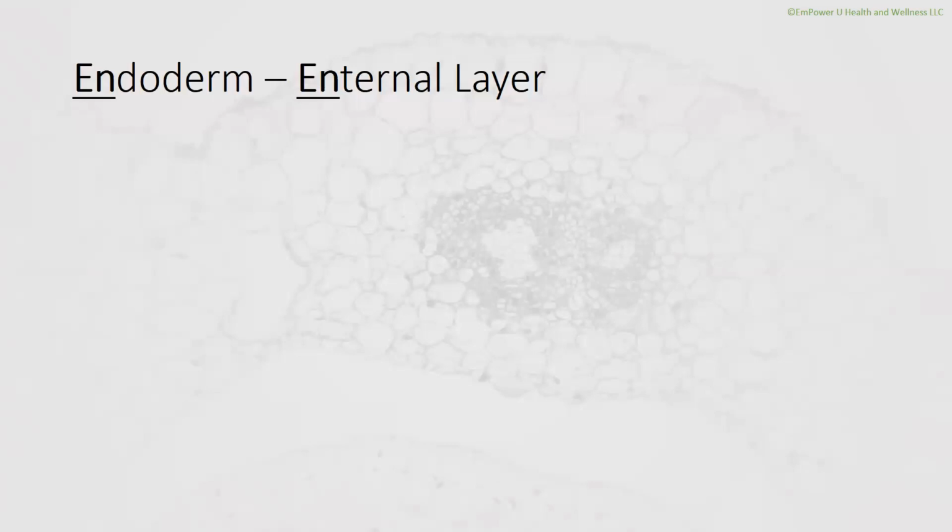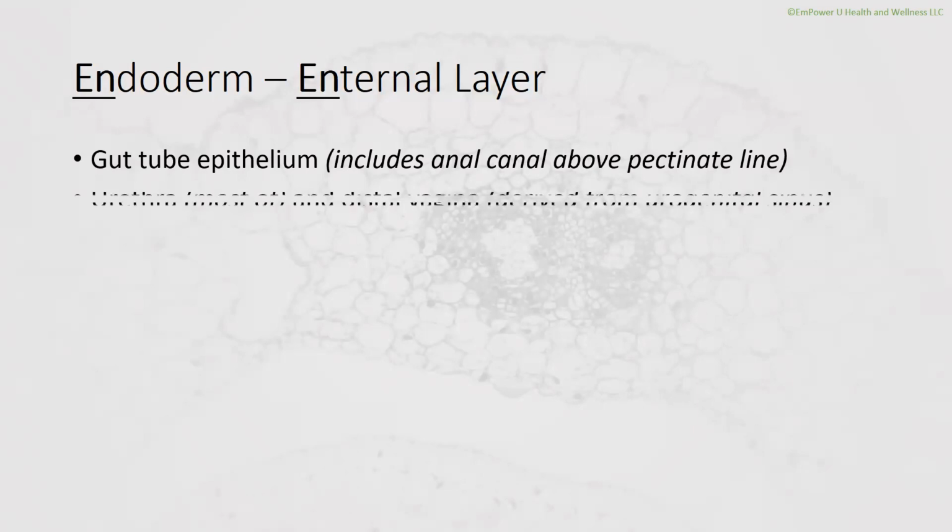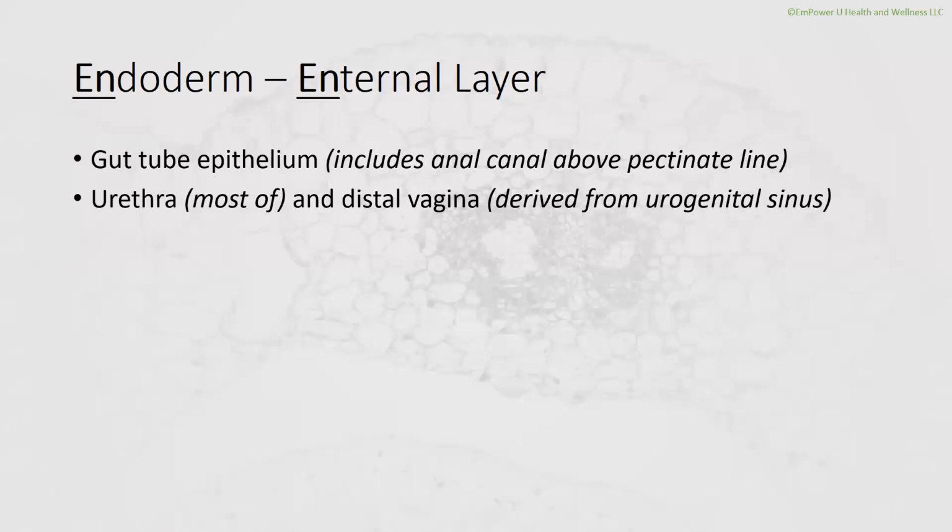This can be the internal layer. This is our gut tube epithelium. It also will include the anal canal above the pectinate line. Remember, the one below was ectoderm, external, right? So this is the one above, so anal canal above the pectinate line. Most of the urethra, as well as the distal vagina,